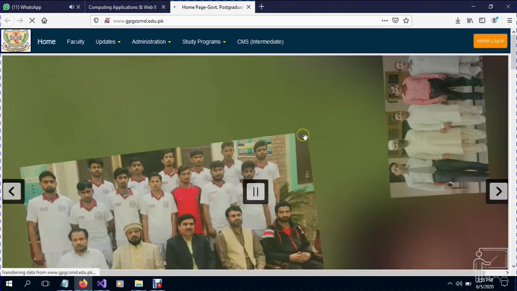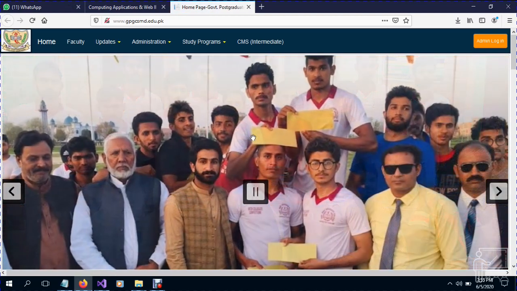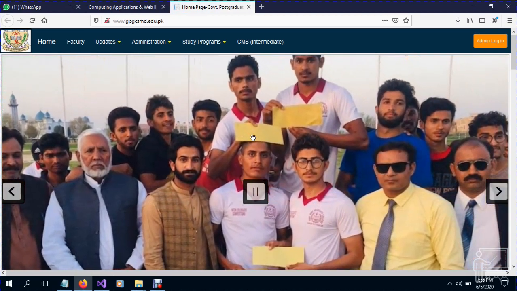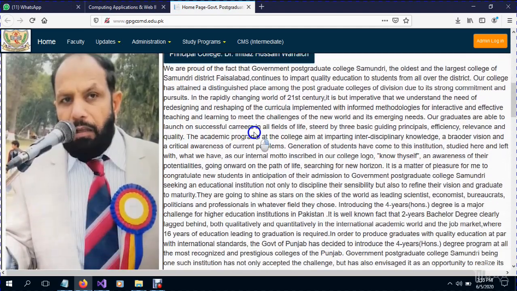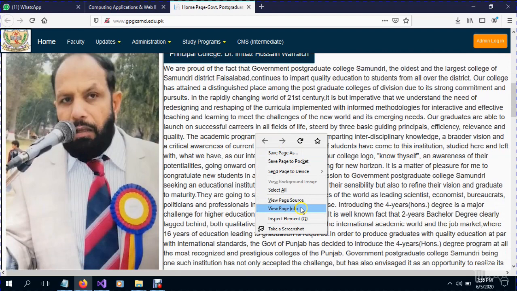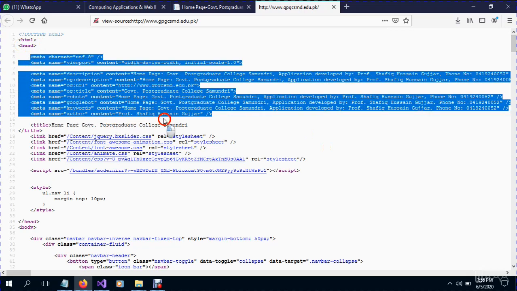You can see that this is our college website, and this website is also developed by me, and I will show you the HTML page of this. As you can see, this is HTML, and this is a head, and head contains multiple elements or tags.